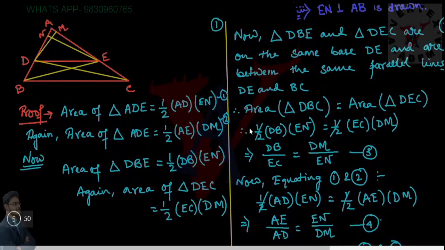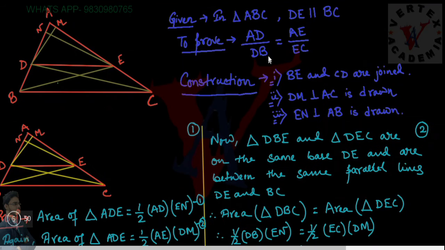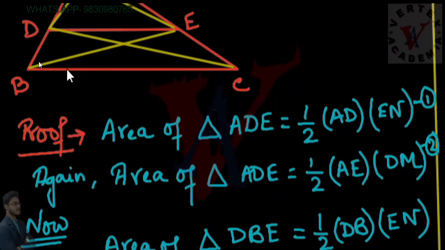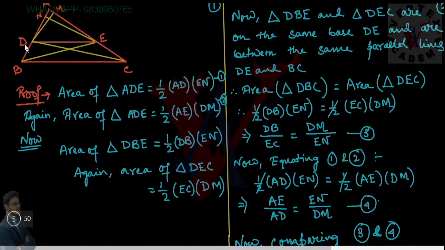Okay, so now going a bit further, let us consider what the other sides included are. Other sides are DB here, and EC is also there. We can see clearly that DB is this part and EC is this part. So maybe, let me zoom a bit, we can consider triangles like DBE which contains DB, and triangles like DEC which contains EC, and with some manipulations we can get to the result. That's why I have chosen here triangle DBE. In triangle DBE, again we have to write the area.